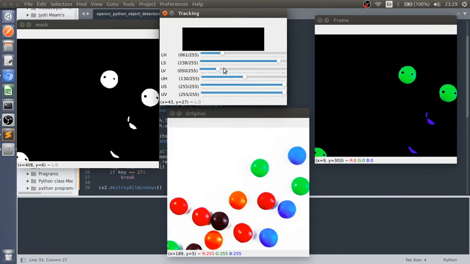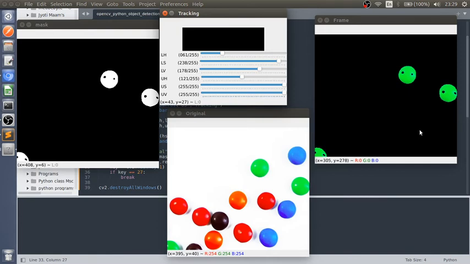Then another one is 178, 78, then 121. As you can see here, we have detected the green balls.